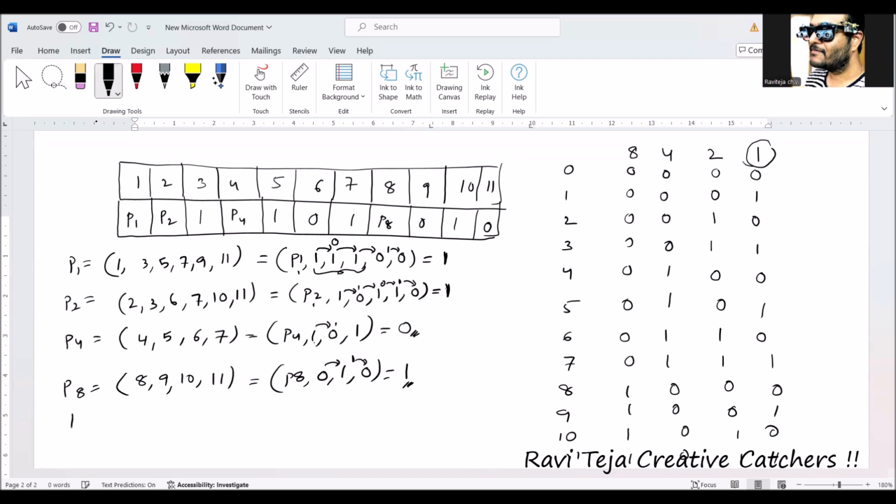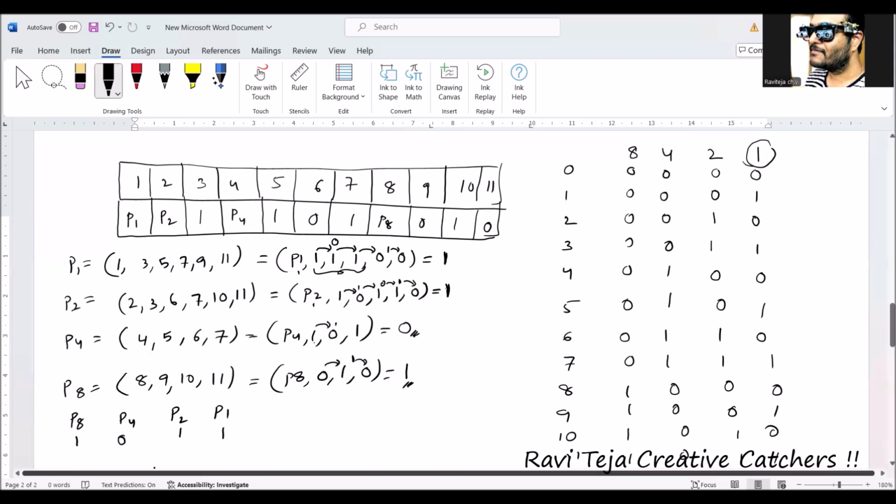So, P8, P4, P2, and P1. So we need to consider in 8421 format, that is P8 is 1, P4 is 0, P2 is 1, and P1 is 1. Okay. So if you consider 1011 in the 8421 format, which bit we are getting? 11th bit. So what is the 11th bit? In 11th bit, error